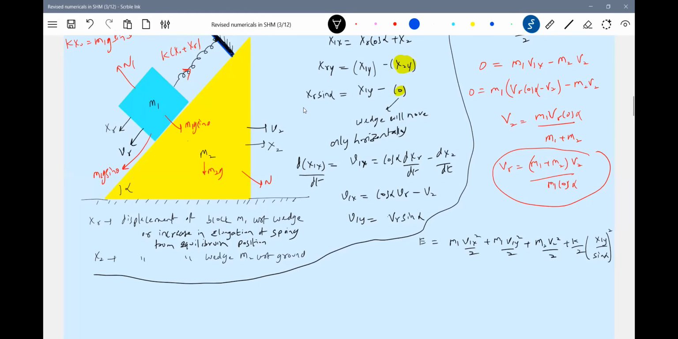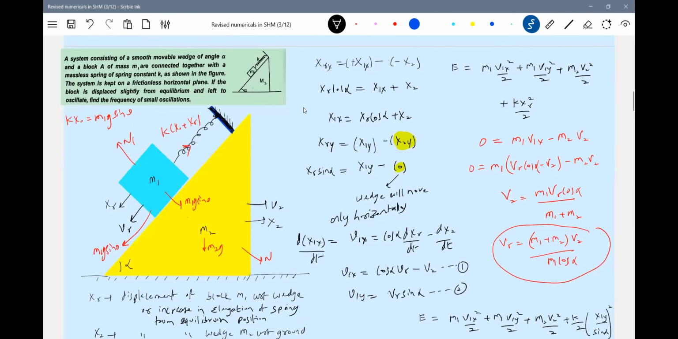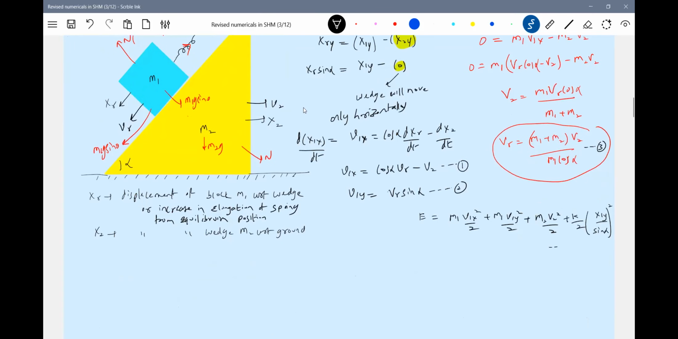So I'll primarily write equation 1, 2, 3. This is the 4. So what should you do now? Substitute 1, 2, 3 in this and get everything in terms of E and